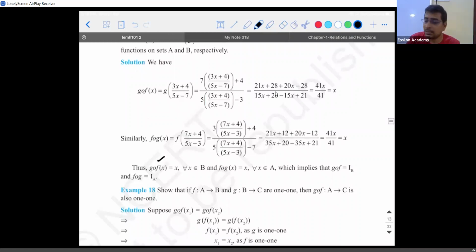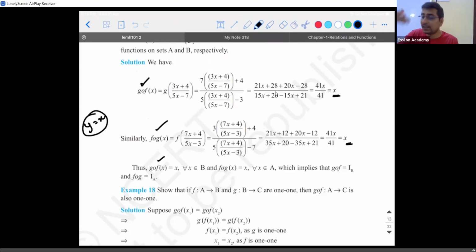Identity function means nothing but y is equal to x. To put it in very simple terms, it's nothing but y is equal to 1x, the straight line passing through the origin. If the value of slope is 1, then that kind of function is called an identity function, y is equal to x. We call it identity because you give a particular input, you get the same output. If x is equal to 1, y is 1. If x is equal to 2, y is 2. It's a reflexive kind of relation. So both should give you x.